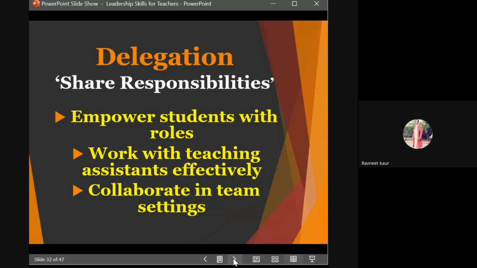Delegation, share responsibilities. You cannot do everything all alone. So it is important that you share. Empower students with roles. Do not limit your student to be a student only. Empower your student so that he or she is ready to take up more efficient and more diverse and more tougher roles, right? So use activities like role playing in the class,